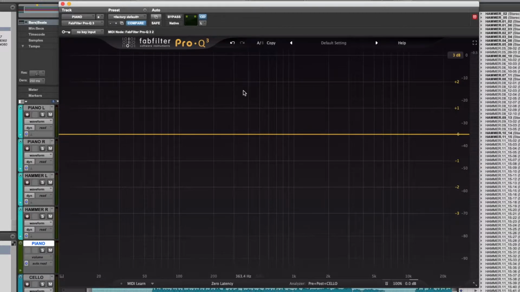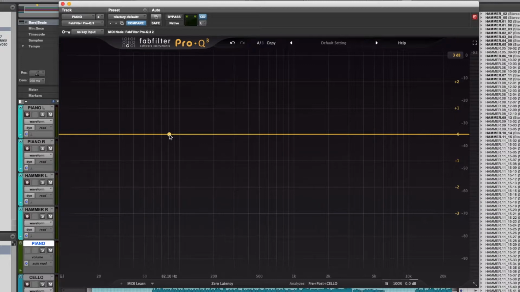Let's take a look at the new features on offer by the Pro Q3, which make it a much more versatile plugin than the Pro Q2, which was already really versatile in its own right. Perhaps the biggest addition is the ability to set compression on specific frequencies. It works kind of like a multi-band compressor, except that instead of every band being compressed, you can set some to be compressed and some to be just EQ.